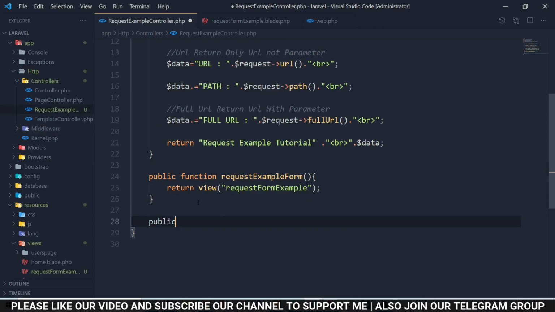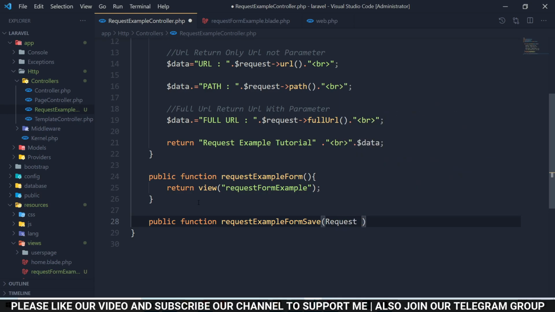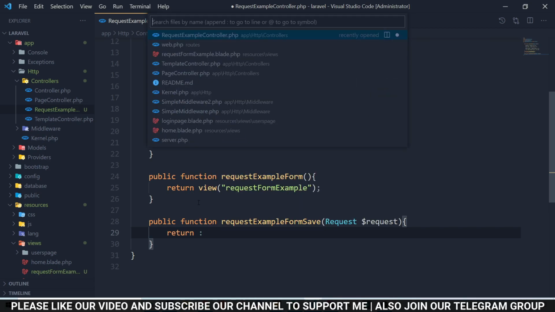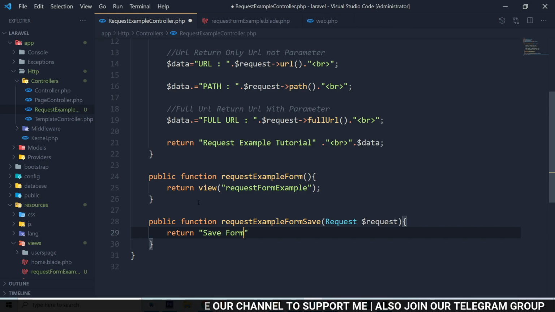So public function request form save, and here you need to add the request object so you can access the request data like form data. After that simply return save form data.